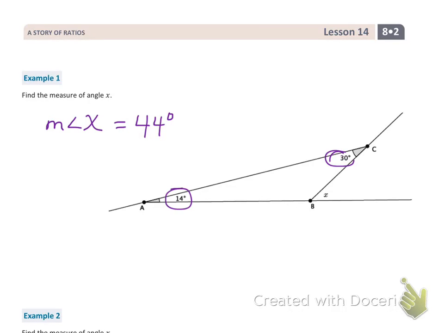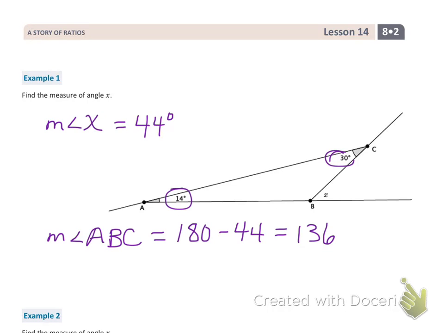And kind of an informal argument that proves you're correct is if we found the measure of angle ABC, we would know that that is 180 minus the 44, or 136,